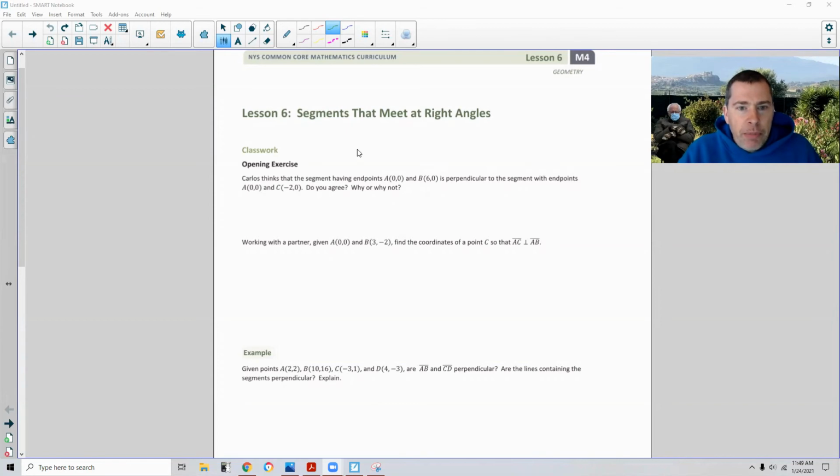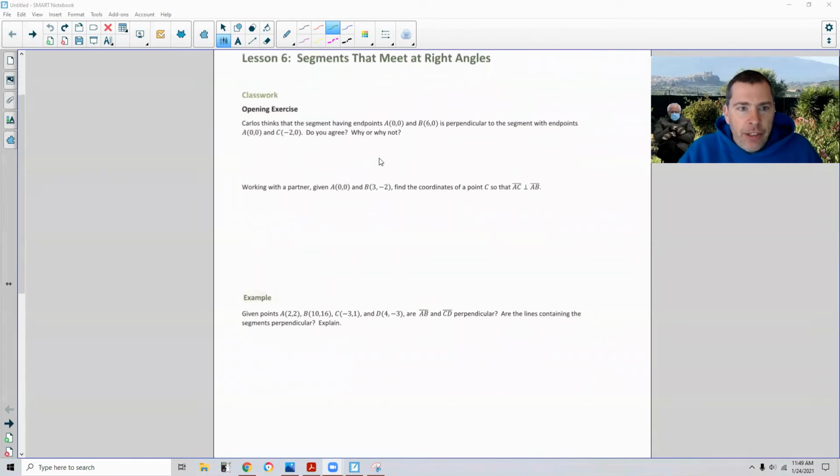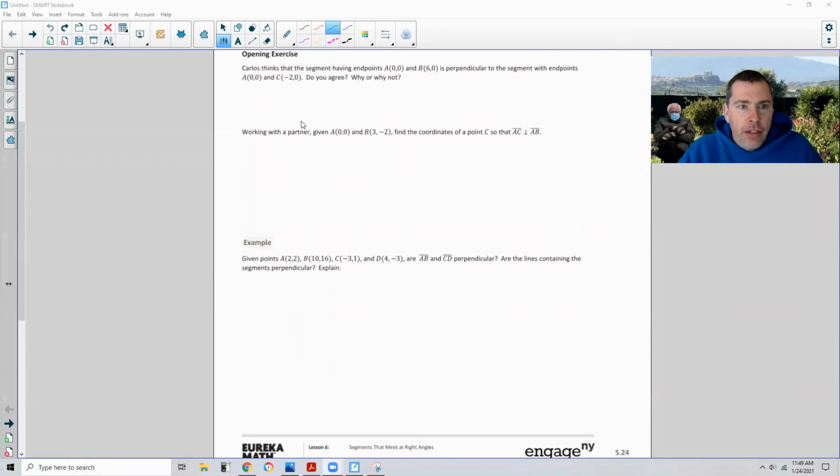Lesson 6, segments that meet at right angles. Classwork opening exercise. Carlos thinks that the segment having endpoints A(0,0) and B(6,0) is perpendicular to the segment with endpoints A(0,0) and C(-2,0). Do you agree? Why or why not? Well, keep in mind that in order to determine if two segments that have a shared endpoint